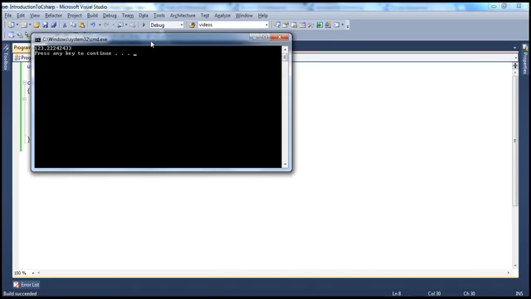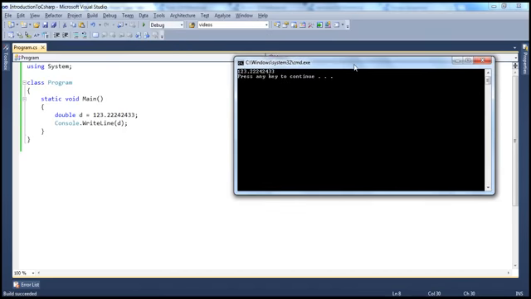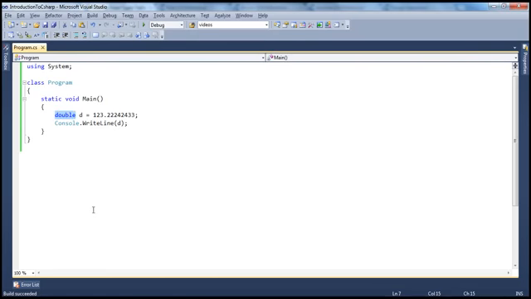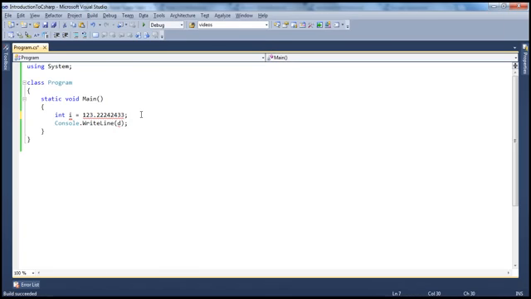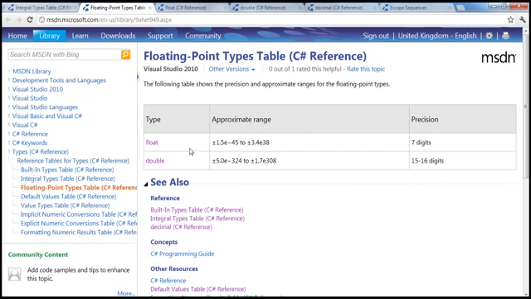whereas if you do that with a variable of type integer, it won't be able to hold that decimal part. So for example, if I make this an integer, obviously you straight away get an error. Look at this: cannot implicitly convert type double to int. Again, in a later module, we will talk about implicit and explicit conversions. All right, so that's double. Similarly, if you want a lesser precision, then probably you can go for float. And the next data type that we have